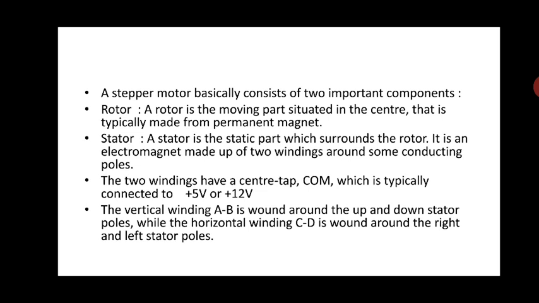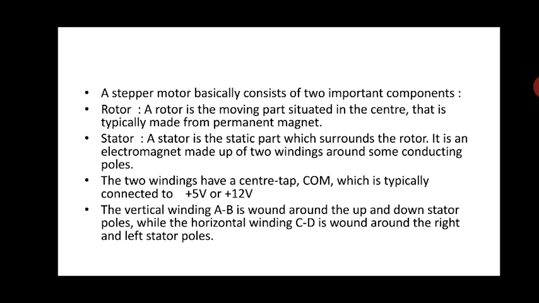The rotor is a permanent magnet, and the stator is a static part which surrounds the rotor. It is an electromagnet, meaning it will be energized depending on the applied electrical signals; it gets its magnetic property depending on the electrical pulse. As we know, a standard property of magnets is that like poles repel and unlike poles attract. A magnet possesses two poles, the north pole and the south pole. This is the well-known operation of magnets.